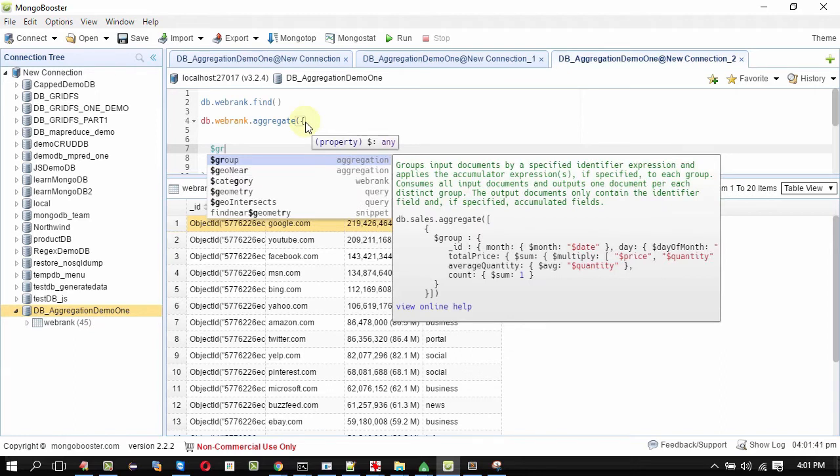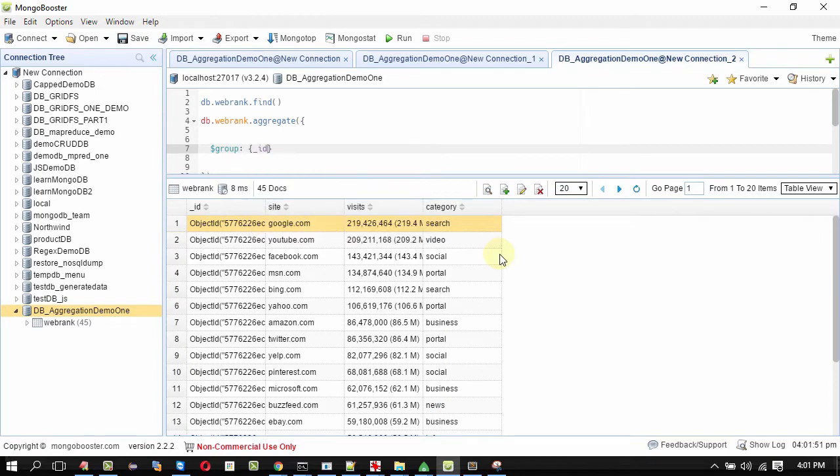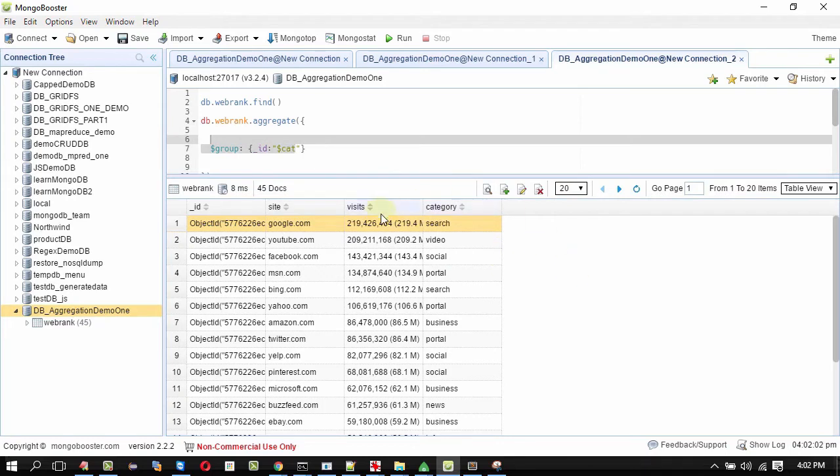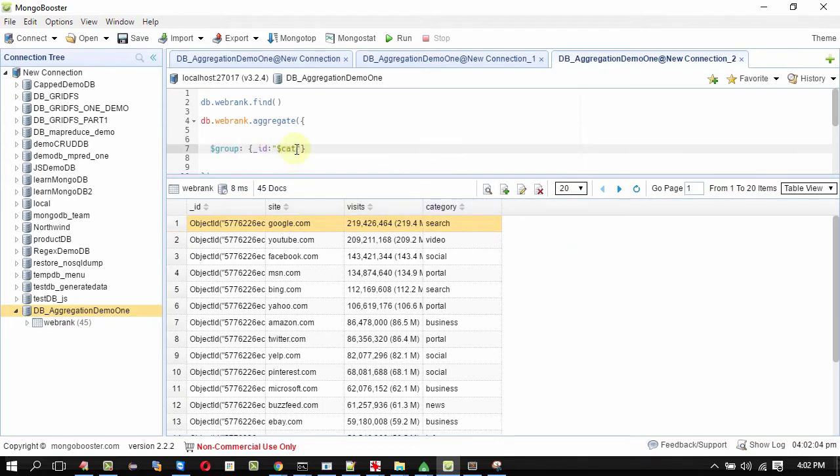$group. The IntelliSense is showing the API of $group. The ID field, that's a must one. I'm going to specify the category. The expression is going to be the category. So $category, you know about this already. We have seen it in the expressions.